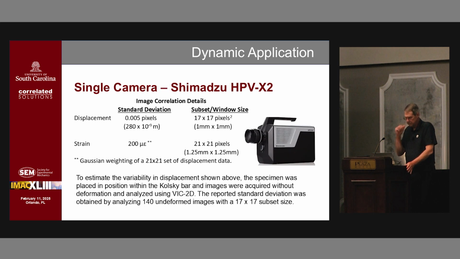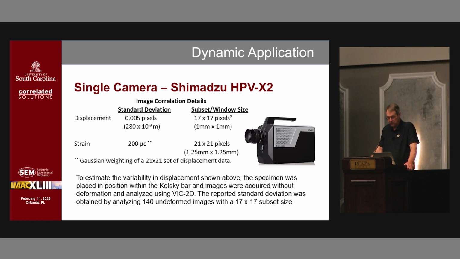Here's the data for the Shimadzu HPV-X camera that we used. Displacements were 5,000ths of a pixel. That's the standard deviation. It's pretty good. These are single shots. Remember, I can't average images here. There's no averaging of images. There's no reduction in this noise level. That's what you get. That's your standard deviation. And in this case, that's pretty small. It's about 80 nanometers. So the error, the variability in the specimen displacements I'm going to measure, is 0.28 microns